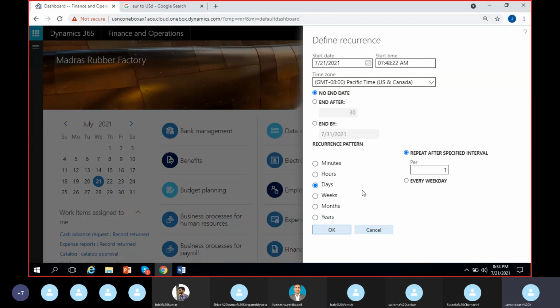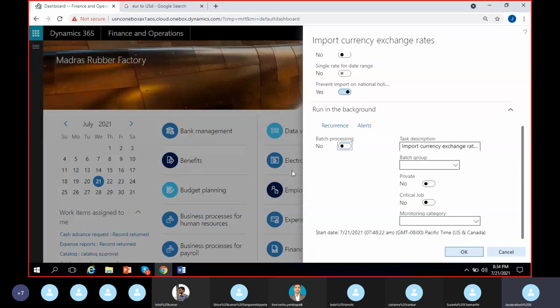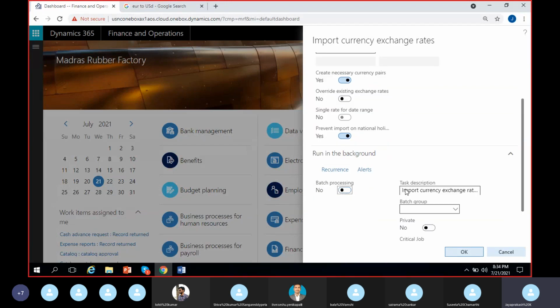So this is how it automatically imports the exchange rates on a daily basis if I configure all these things. Okay, I don't want to configure this. Actually, I don't want to run it on a daily basis. I just want to demonstrate how it works for now. So I'm turning off this batch processing, and since I have selected all the criteria that I needed, I'll just